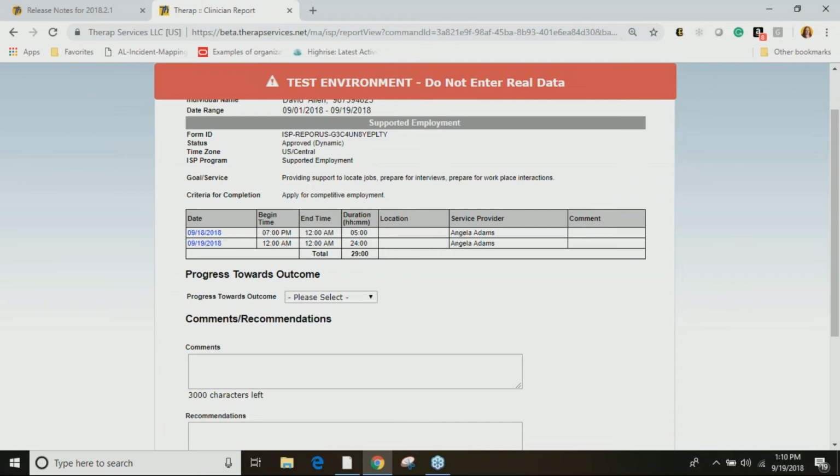So on the night that we lose an hour, you could not come in and say, oh, I was with the individual from, say, 2:05 to 2:45, because that time didn't even exist that night, and they would get an error message. You can start earlier and end later, so I could certainly put in 1 a.m. to 6 a.m., and it would just subtract that 1 hour. But it's not going to let you do times that didn't exist.